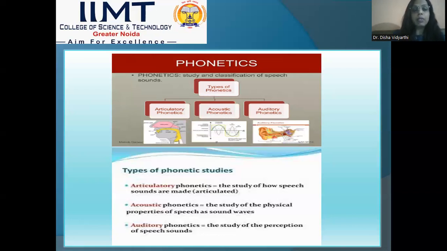So that is where phonology comes in. When we understand the sound system in a better manner, it is easier for us to understand the whole system of the English language, be it British English or American English. What is the difference? In both British and American English, the basic difference lies in the pronunciation. And when the pronunciation is different, it means we are using different spellings. And when we talk about different spellings, it means there are different sounds and different symbols. Now let's move on to the next segment.